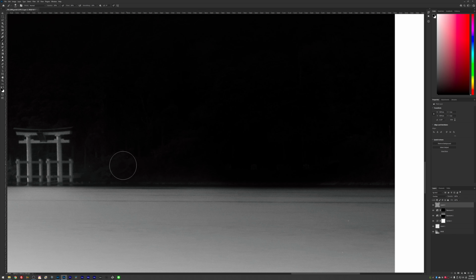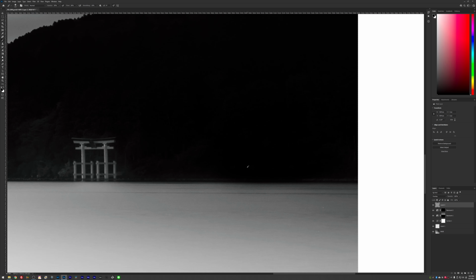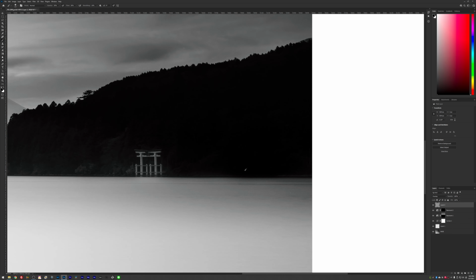So I'm not going to do that for this demonstration, but it's definitely something you can play around with, and it makes a really huge difference in this case, because it's a big distraction to have stuff here.